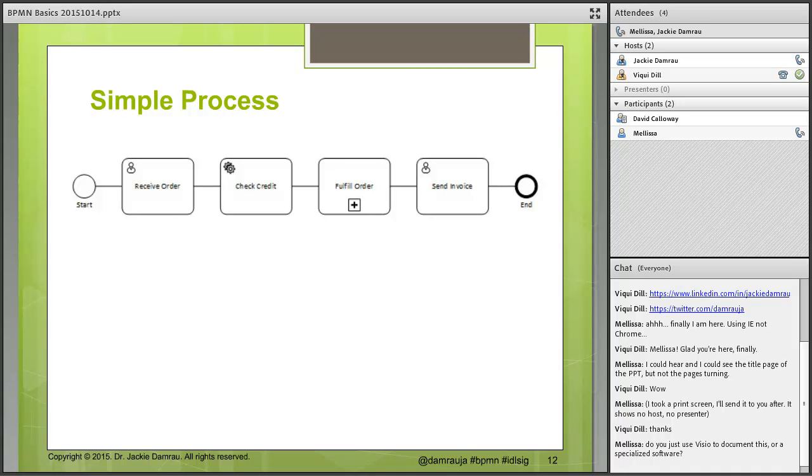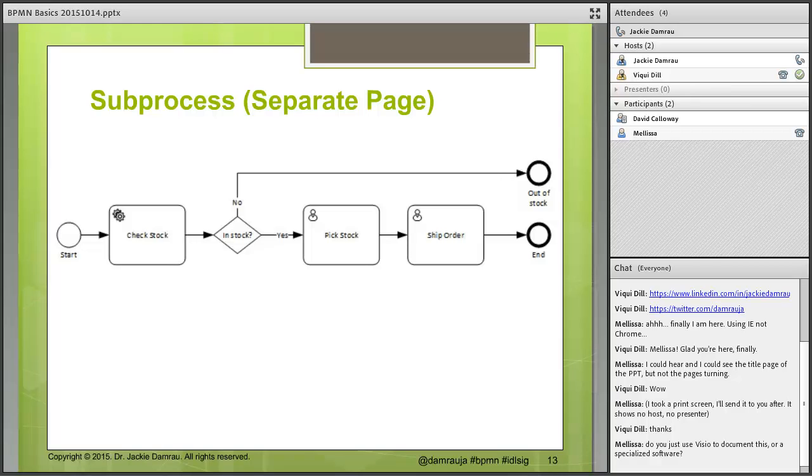Previous to this, these are just one-step things. They're not a process. I receive the order, it gets checked, and then a bunch of people may get told what to do. The final part is once the order has been fulfilled, it goes to accounting to send an invoice to the customer to be paid, and then we end the process. Very simple. Now, if we take that same process,